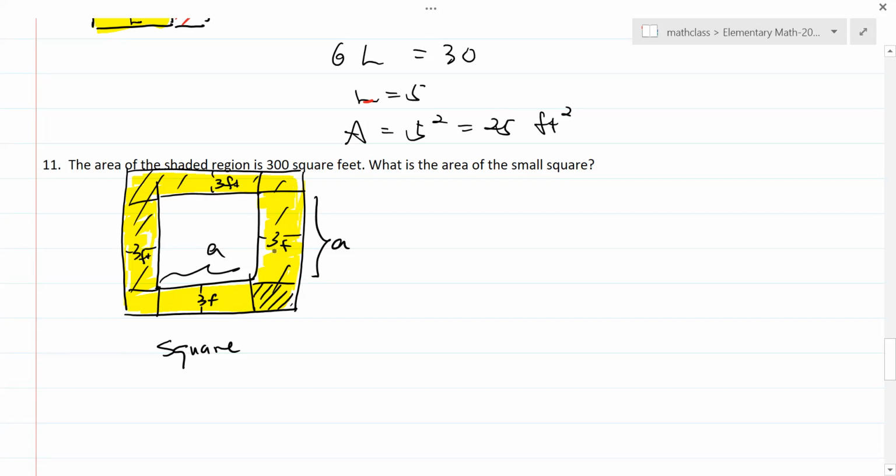First of all, how many pieces are here? 4 pieces. 3 times A is the area of one rectangle like that, and you have 4 of them, plus the area of the 4 squares. Each square is 3 times 3, so it's 4 times 3 squared. The total is going to be 300. From here you find A. Once you find A, you can find the area of the smaller square. So let's do it. It's 12A plus